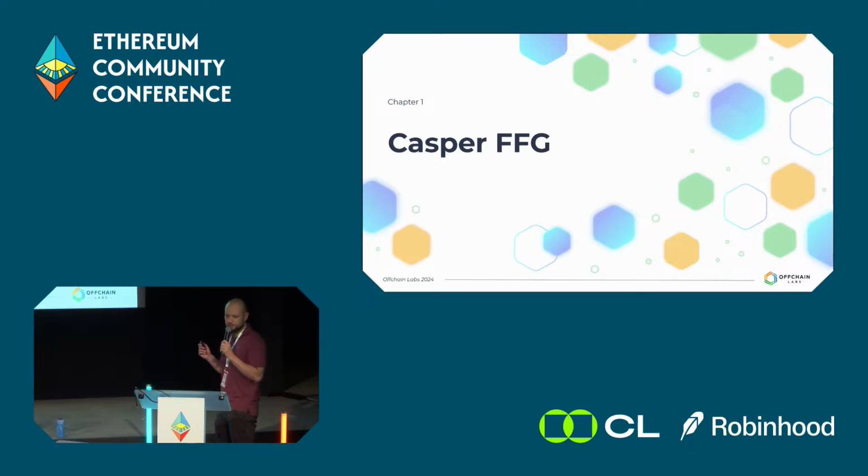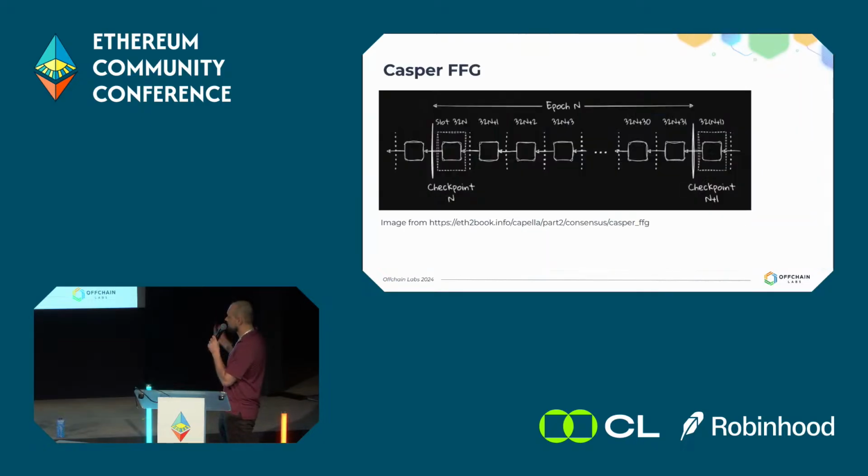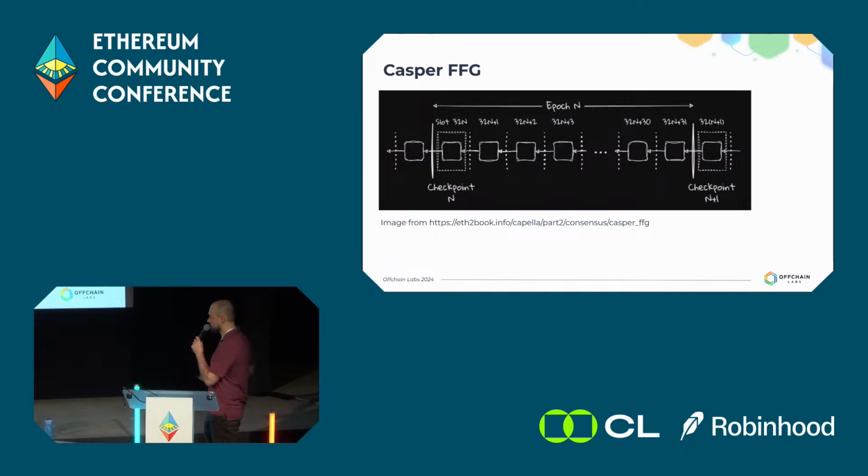So validators, apart from voting on the head of the chain, they also cast something called an FFG vote. And everyone knows this picture. There are epochs. Epochs consist of slots, but apart from that, there is also this notion of checkpoints. And each epoch has one checkpoint, and it's the first block of the epoch, or if the block is missing, it's the second block, and so on and so forth. Here in the diagram, we can see checkpoints for epoch n and epoch n+1.